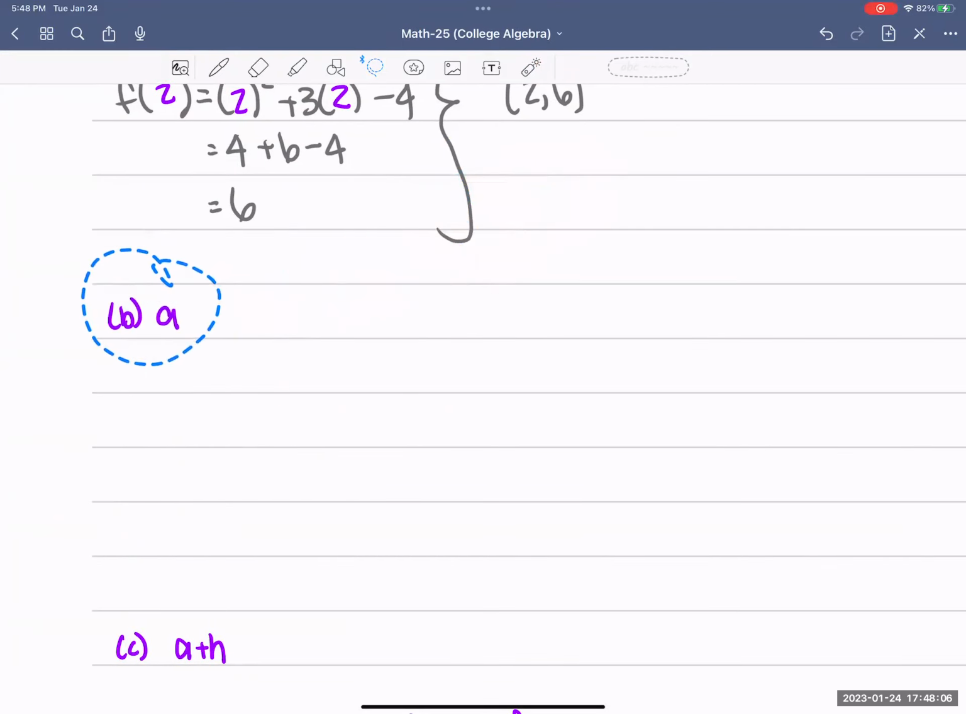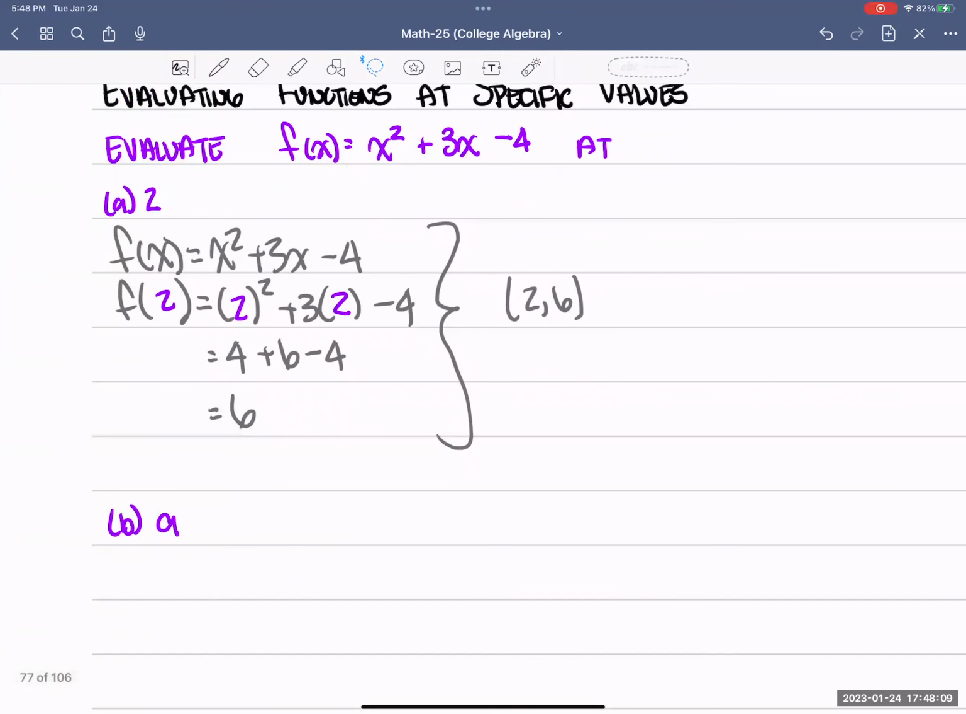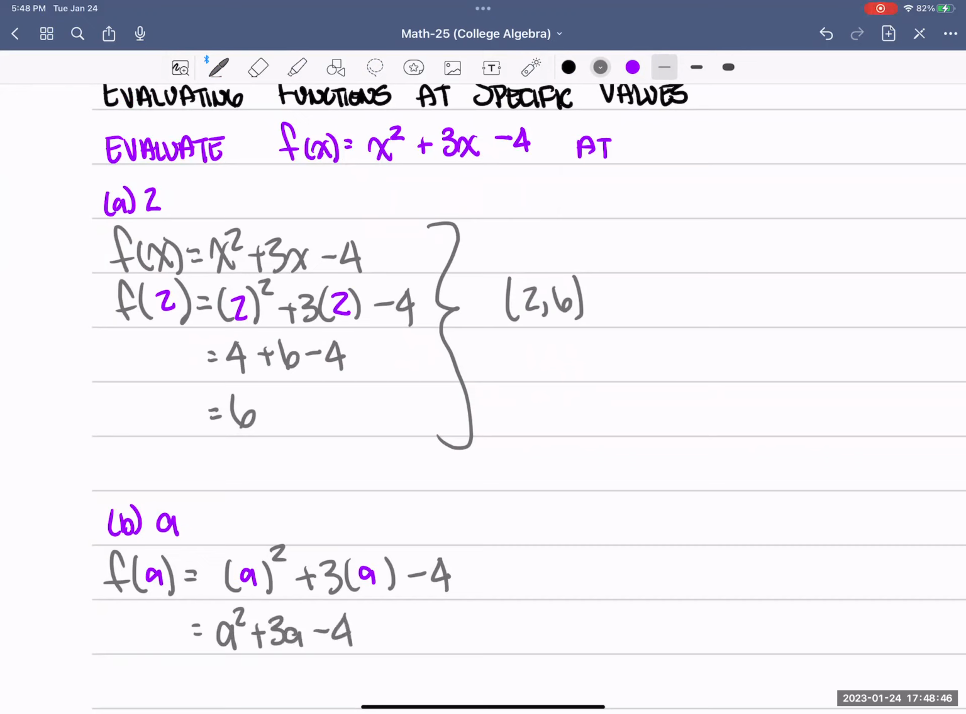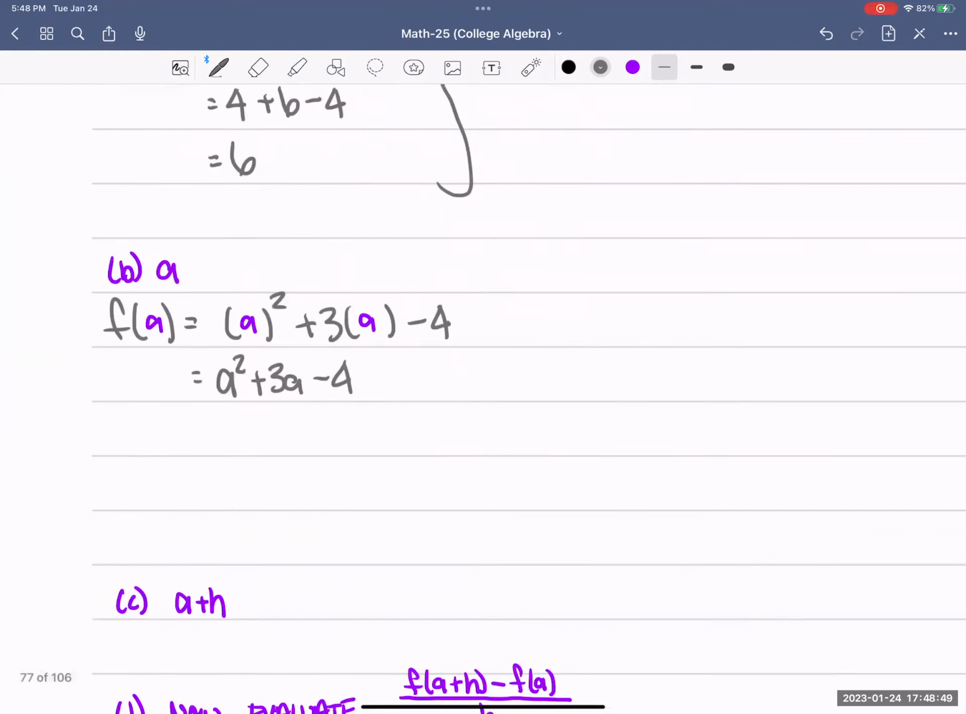Here we're replacing x with a. So f of x is equal to x squared plus 3x minus 4. But instead of x, we're replacing it with a. Everywhere we see an input, we're replacing it with a, and there we go. Simplify it, we have a squared plus 3 times a minus 4. Next, we're going to do